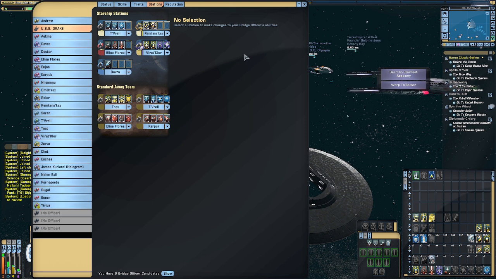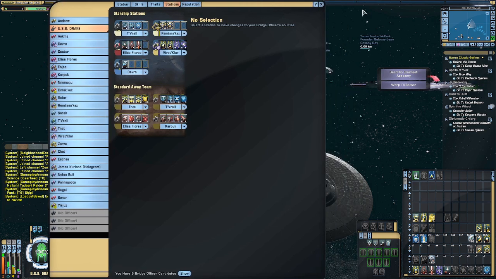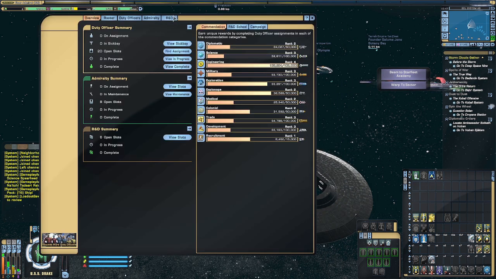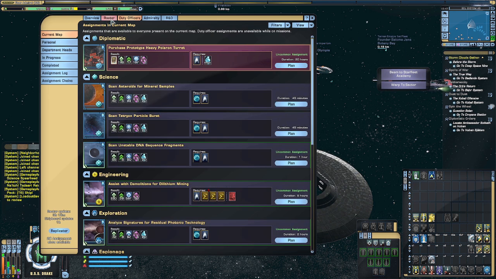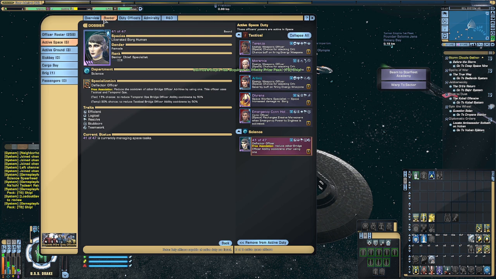We have 7. We could have fit another one on here if we really, really wanted to make it work, but we have plenty of unconventional systems procs. And then for duty officers, nothing too fancy. I just have some crit severity, emergency or energy weapon officers. I've got this warfare specialist because I didn't really have anything better, emergency con hologram, and then I've got this